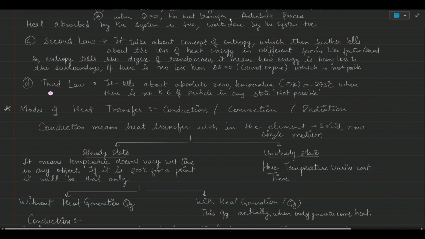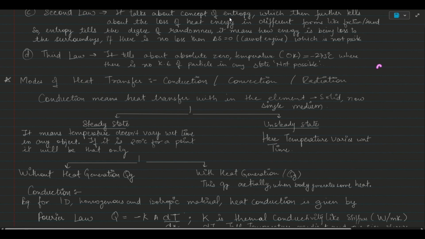Now we have the third law. The third law simply tells us about absolute zero temperature, which means there will be a temperature where the particles we talked about earlier are not going to move at all. That temperature is known as 0 Kelvin or minus 273 degrees Celsius. That's the lowest temperature anything can achieve, but in reality, even cryogenics cannot achieve such a low temperature. We have recorded something like minus 110 or even lower as a lowest temperature, but absolute zero is non-achievable. But if it is achieved, then there is no motion of the particles.